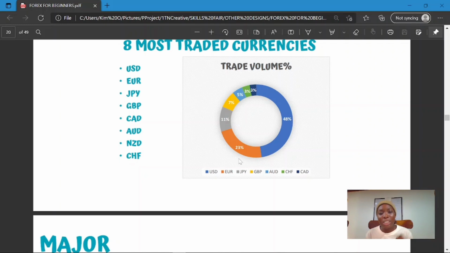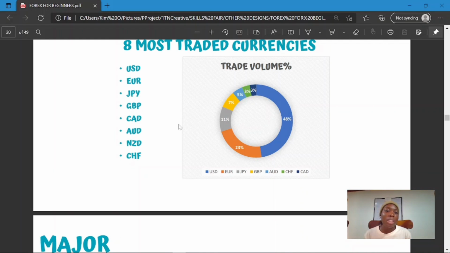The Japanese yen is third. Great Britain pound is fourth. The Australian dollar is fifth. I think the Australian dollar and the Swiss franc are on the same level. The Canadian dollar is, okay, I don't think there's an error. The data is correct. I think the blues were confusing me, but it clearly shows here the quantity of the